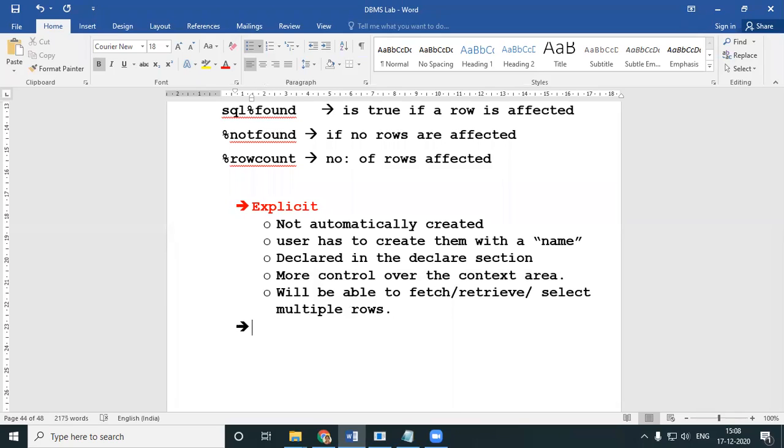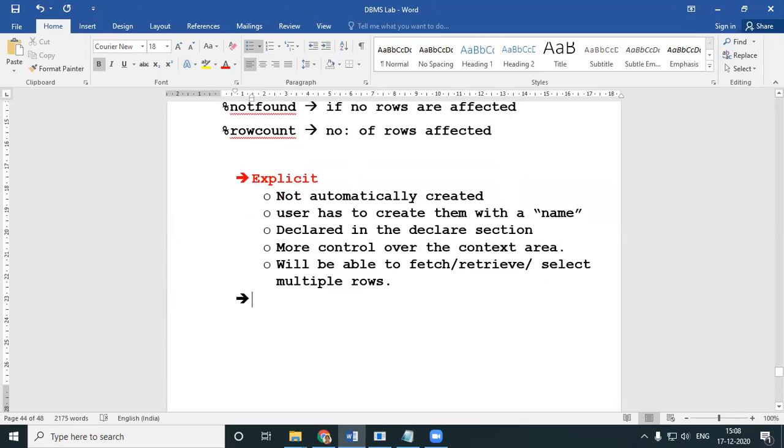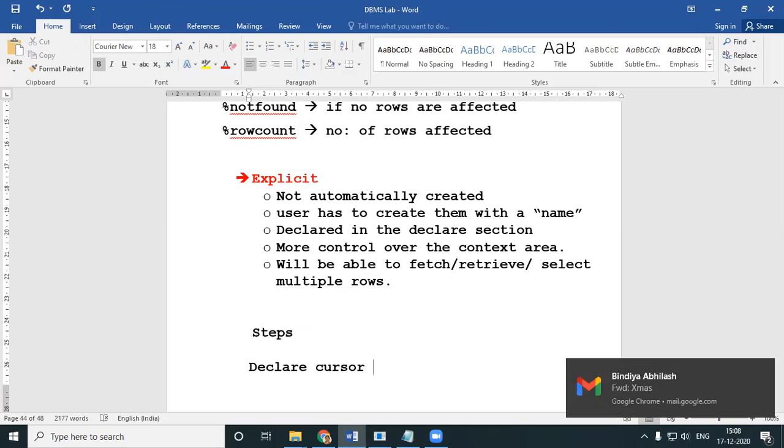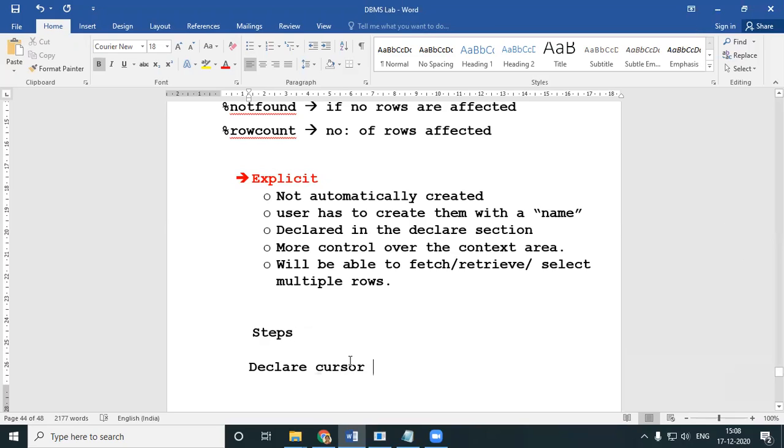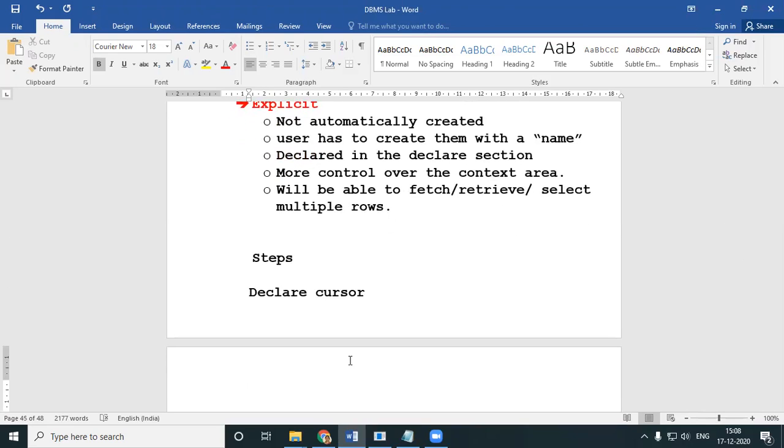Now, these explicit cursors have a few steps to be followed. The first step is you have to declare the cursor. The next step is you have to open the cursor.